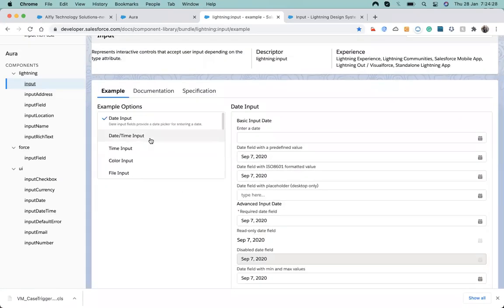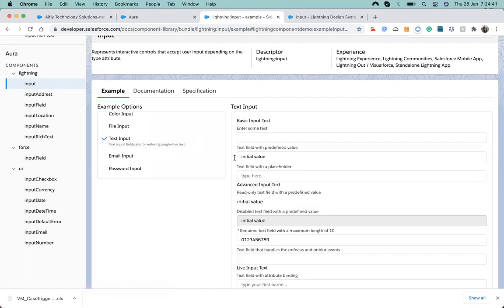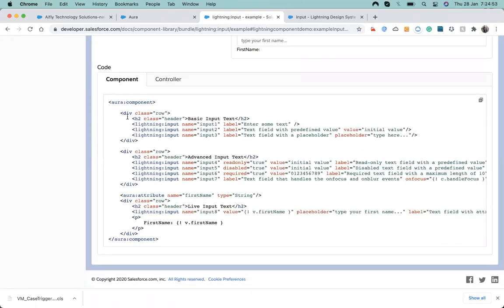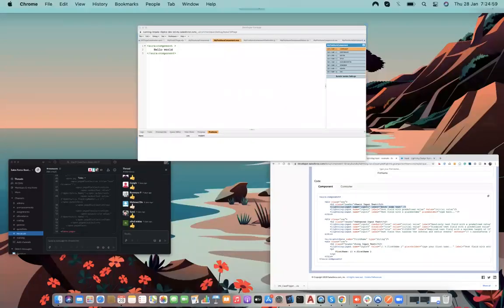So suppose I want to create a smaller form, just first name, last name, email and phone. So let's take a first name. For the first name, I need to use a text input. So I will click up here. I can see there are so many things available up here. So let's have a basic one, enter some text just like that. So I will copy this input tag from here. I copy it and go to my component and paste it up here.